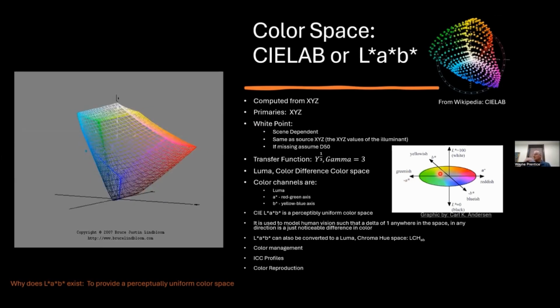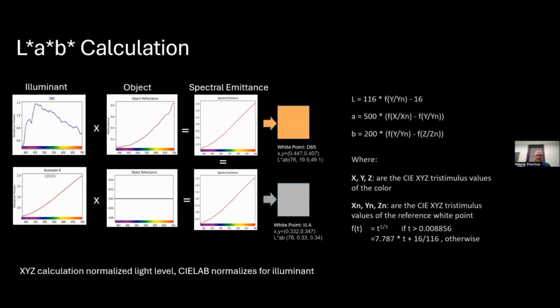It's a luma color difference space where one axis is blue-yellow and the other axis is red-green. Does that sound familiar? We talked about that a little while ago. And let's just look at this. Here's the calculation for it. And if you remember this plot from earlier,